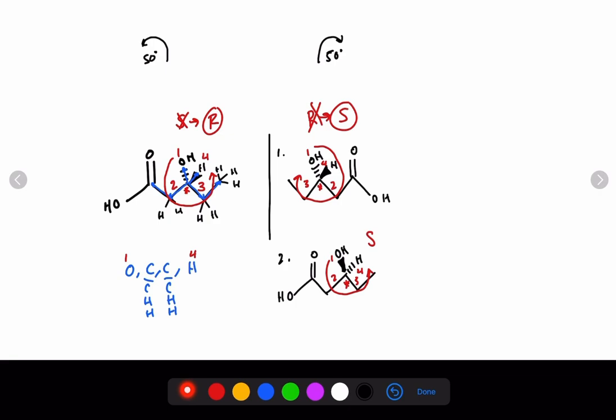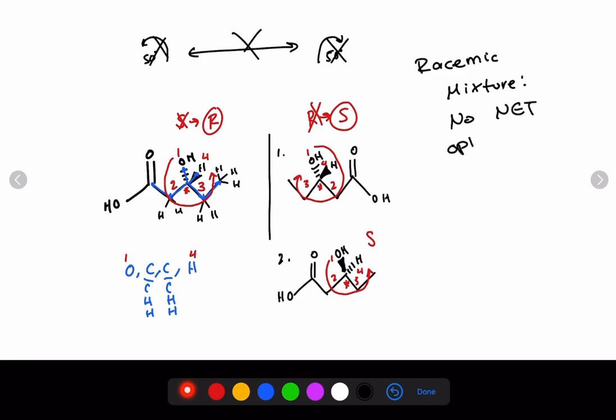Since each enantiomer rotates light by the same magnitude, if we have a mixture of equal amounts of each enantiomer, there will be no net optical activity because these rotations will just end up canceling each other out. Such a mixture is called a racemic mixture,